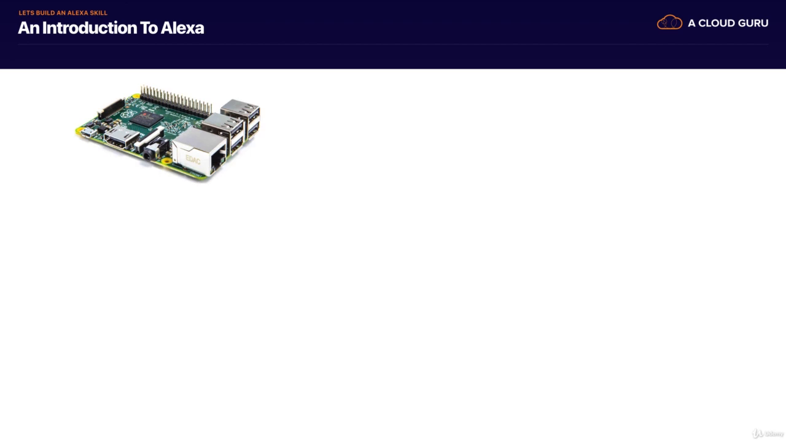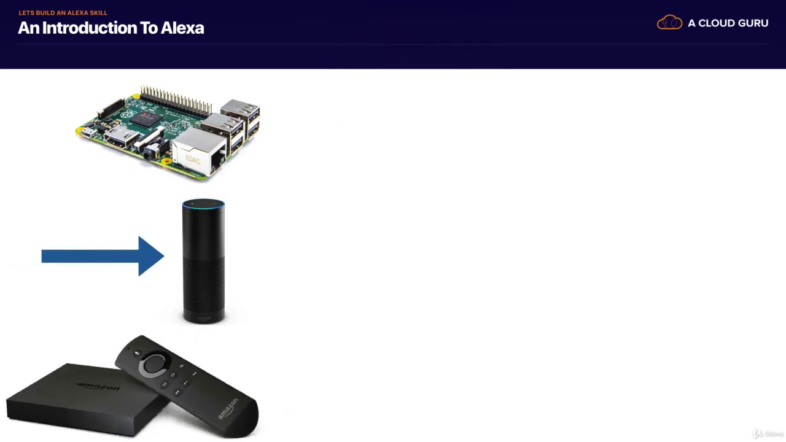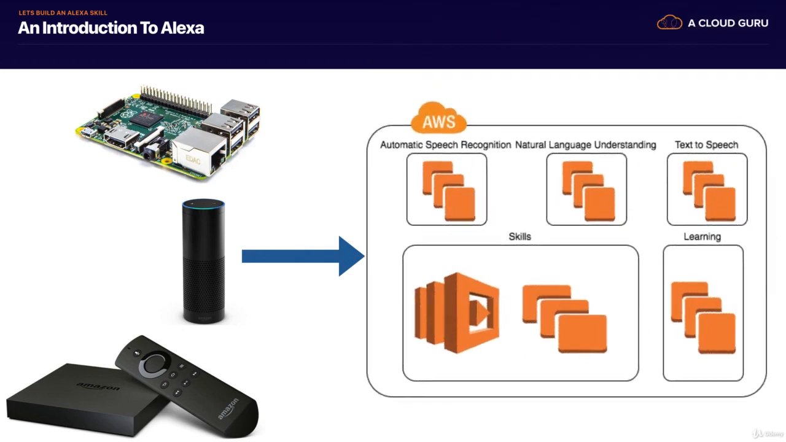It doesn't need to just be an Amazon Echo. You can build one using a Raspberry Pi. We do have a lab on that on the Cloud Guru platform. You can use the Amazon Echo, you can use Fire TV. Basically, you just need a hardware-enabled device that has the Alexa service enabled. And then it uses a whole bunch of different technologies: automatic speech recognition, natural language understanding and text-to-speech. That allows you to create all these different skills. And you do that through